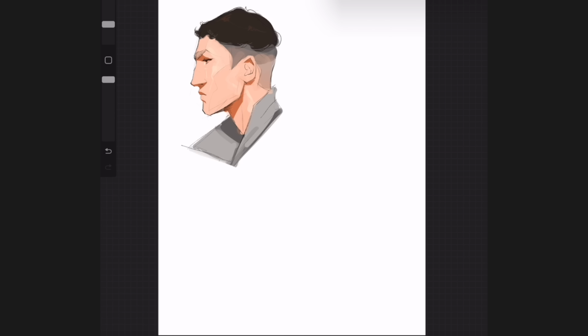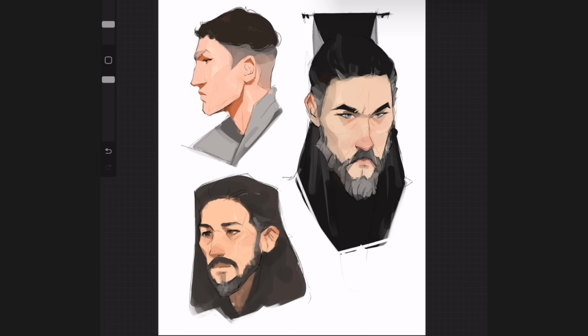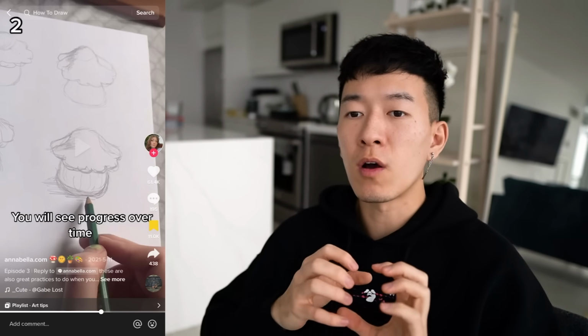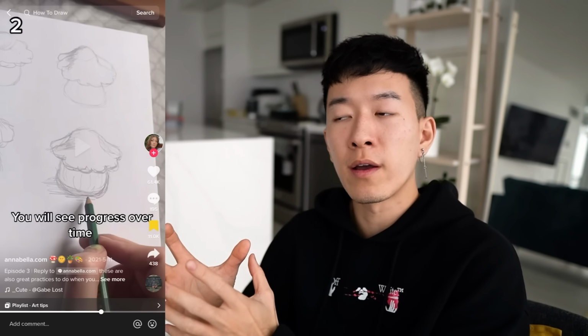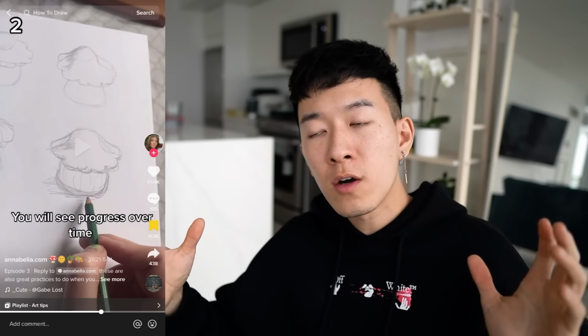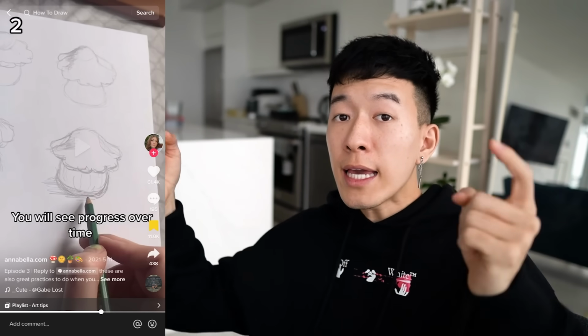repeated work. This is why oftentimes, I recommend doing short drawings in greater quantities to people who are just starting out and just starting to practice. For example, I think it'll be much more helpful for your learning if you were to study, let's say, 30 different heads over the span of 10 minutes per head, versus if you spent all of that time on just drawing and rendering and detailing a single head. And even though it doesn't take as long, you're still adding all of that crucial base information into your mental